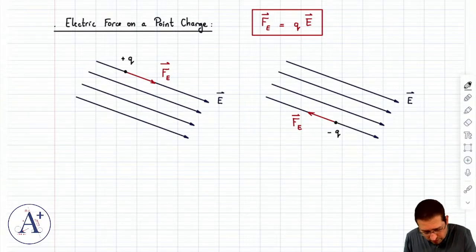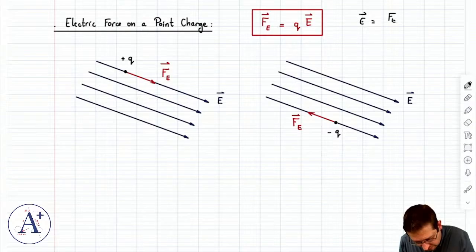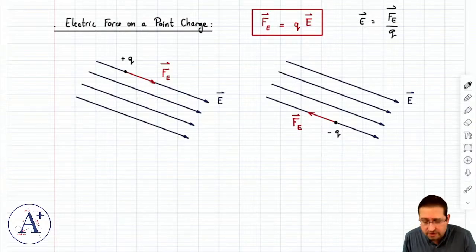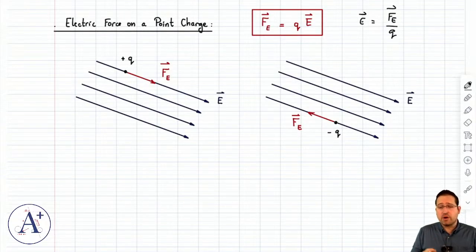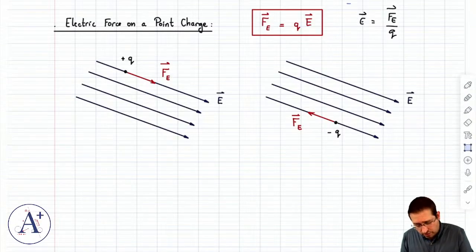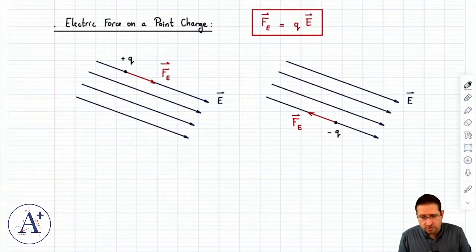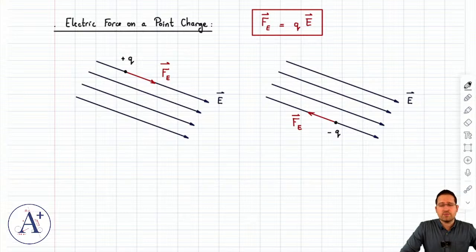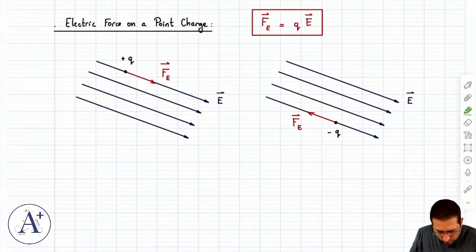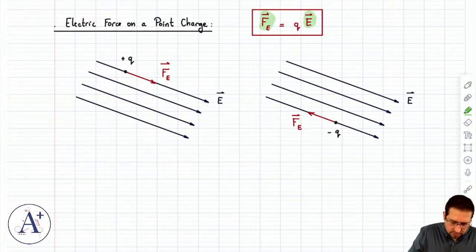And so we tend to favor, if we do that, the formula E is Fe over Q, which is obviously the same formula. There's nothing wrong with that. It's actually true. That is what the electric field is. It's a force per unit charge, so you have every reason to want to write it like that. I prefer to write it Fe is equal to QE, same formula, but mentally what it's trying to tell you here is that if you can figure out what E is, then you can know the electric force acting on